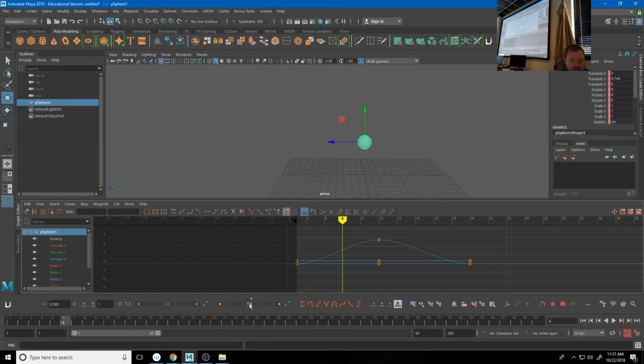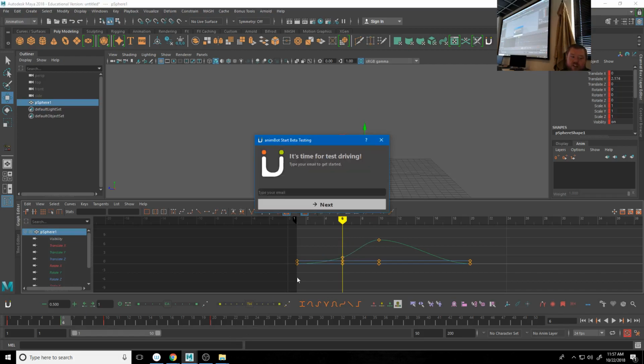So whenever you mouse over something, it'll give you a preview, but if I click it and drag it, you'll see it added a key, and it's either going to favor the one before it or the one after it, right? And so I want it to favor the one before, right? There's also the option,